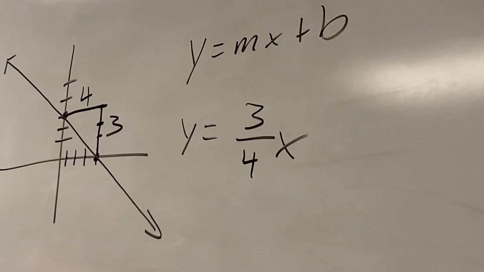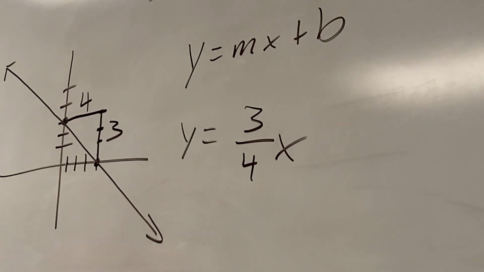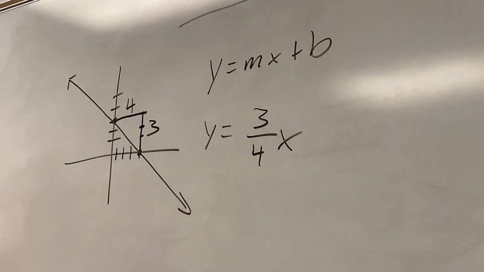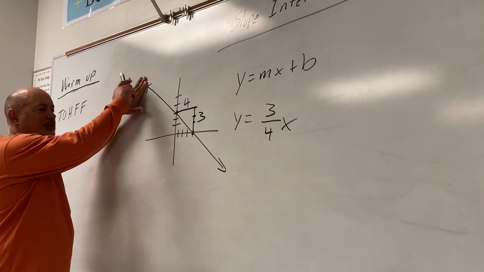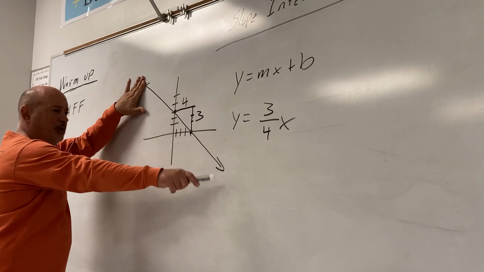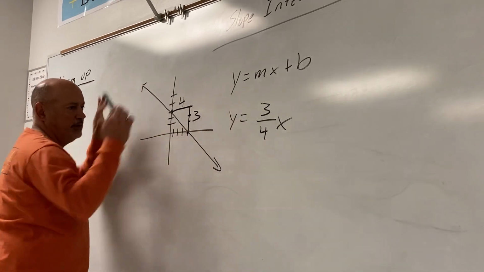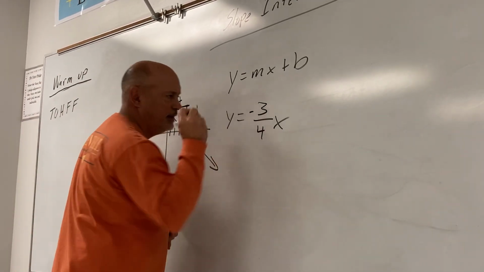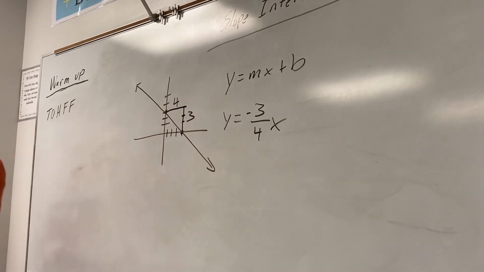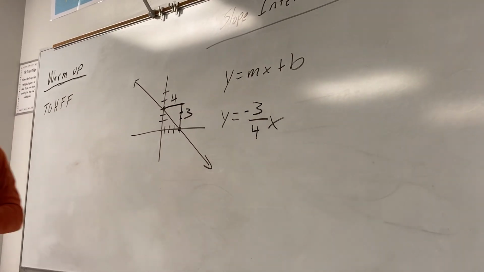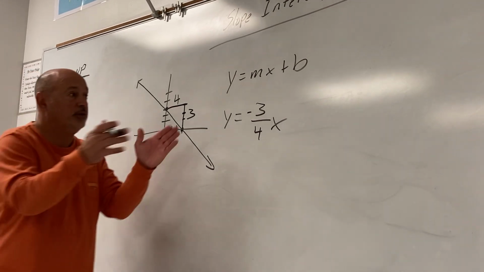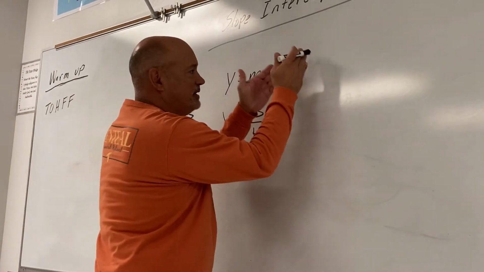Is there anything else we need to consider about the slope? It's negative or positive. Good. I'm going to put my finger right here. What direction is this going? Down. What does that make this slope? Negative. Do not forget that if the graph is going down, the slope better be a negative 3/4. We have correctly found the slope. We're done with the slope. Now we need to find the